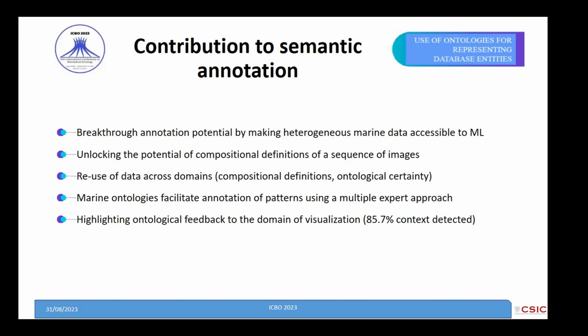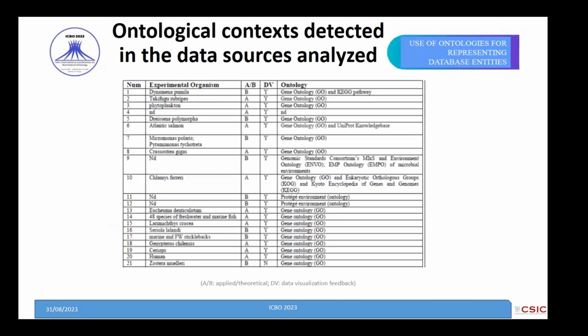85.7% of the ontological context detected in the data sources analyzed in this contribution. Ontological context detected in the pattern analysis, data classification, and data recognition in data sources that were analyzed, a substantial positive bias in ontological feedback to the domain of visualization was detected. 85.7%. Subsequent approaches for visual events were larger than in the case of the second scenario, machine learning, and in